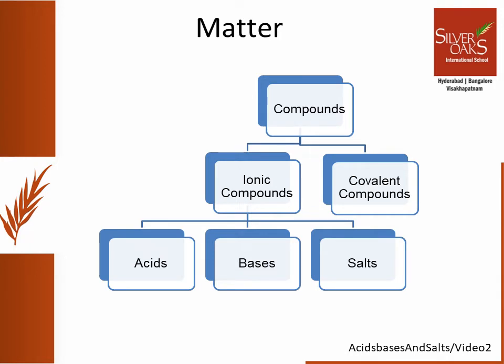So let us talk about compounds now. Compounds are those substances in which two or more elements chemically combine in a fixed ratio. This chemical combination can happen in two ways. One way is to share the electrons between the elements. Hence, these compounds are called covalent compounds. The other way is when metals give away their electrons forming cations and nonmetals accept those electrons forming negatively charged anions. The bond between them is called an ionic bond, and such compounds are called ionic compounds. We are further learning about the ionic compounds in the form of acids, bases, and salts.